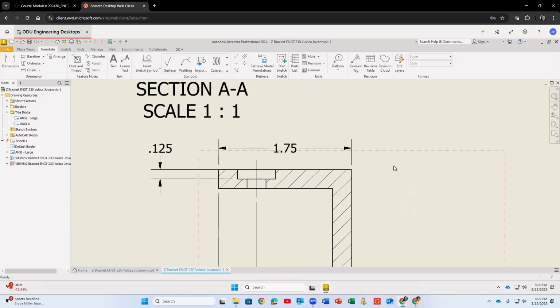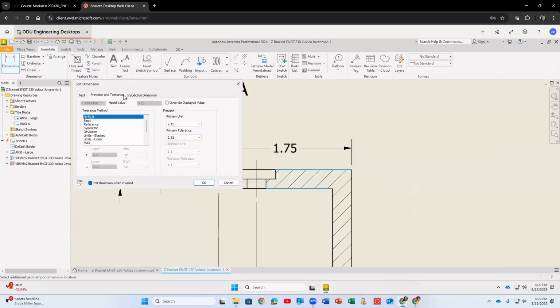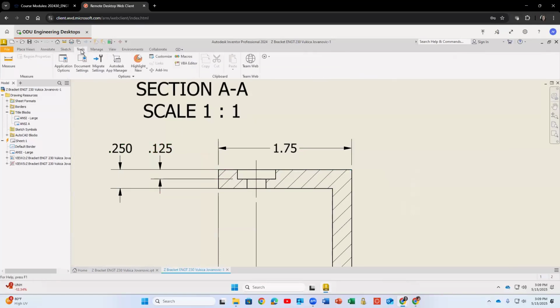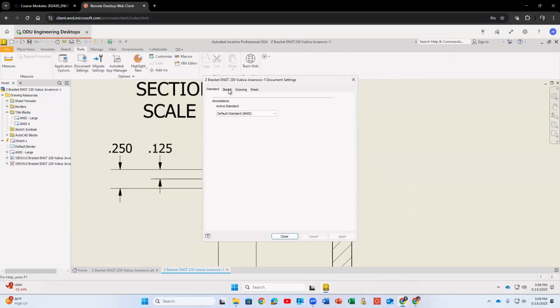So in that way. So what else? I have location, and maybe I need a size, all these thicknesses. I will add them there. And I want to have 3. Or, you can go to tools, document settings,